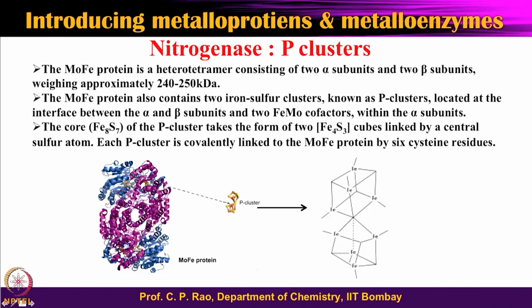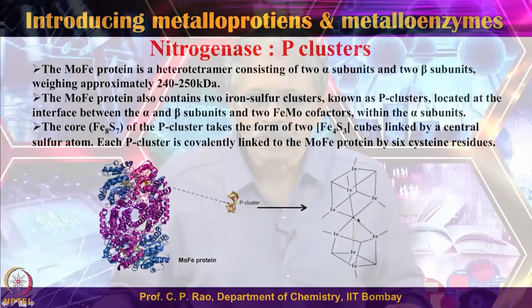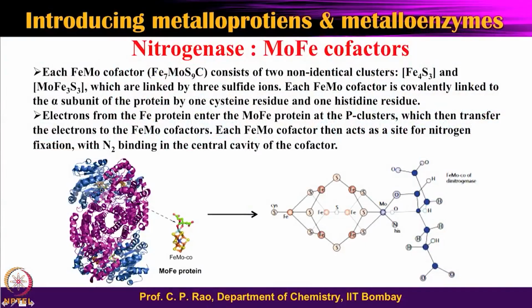Besides this, you have another unit which is a catalytic unit. This is only for electron transfer. So, this P cluster takes the electron from the iron sulfur cluster present in the iron protein due to the hydrolysis of the ATP, that brings a conformational change and transfers. So, that means this MgATP and the iron sulfur cluster are at the juncture of the iron protein with that of the molybdenum iron protein. As I said, the second component present in this alpha 2 beta 2 part is a